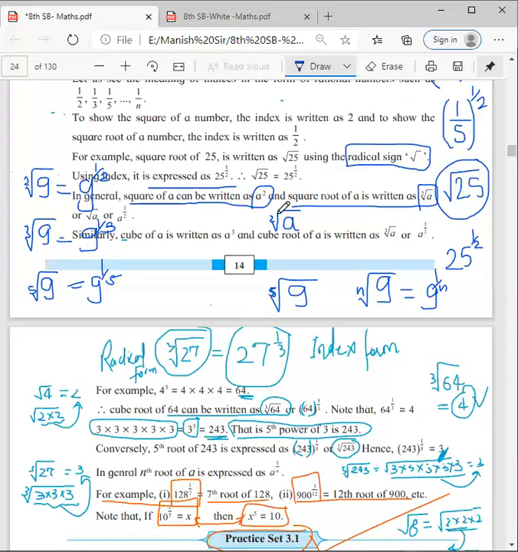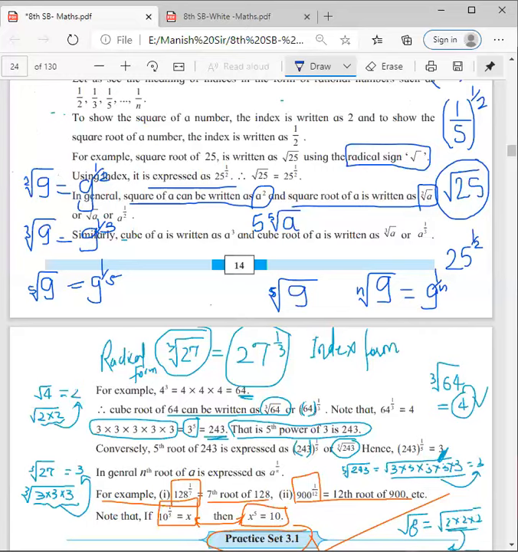Understood? So very simple. That one is representing the square root. Whenever you get 2, that is a square root. Instead of 2, if I write 5, that becomes the fifth root of a. I'm not writing 5 at this place. Just keep in mind, if you write 5 at this place, that becomes 5 into root of a. This is not the fifth root of a. I hope this one is clear to you all.